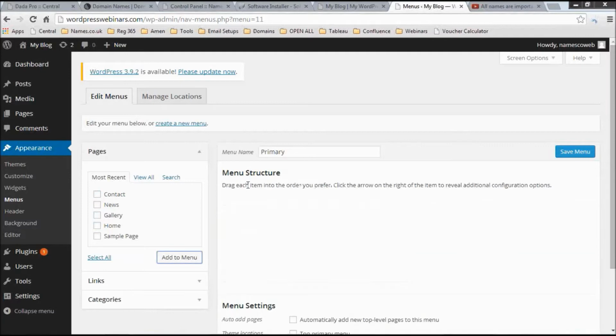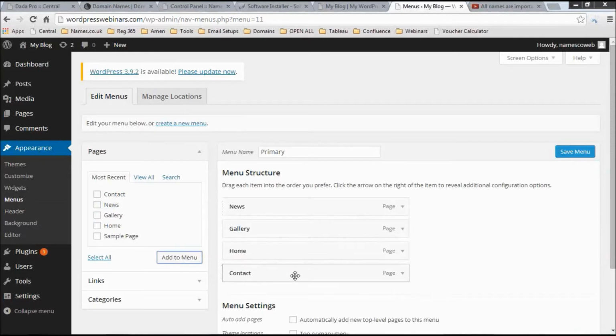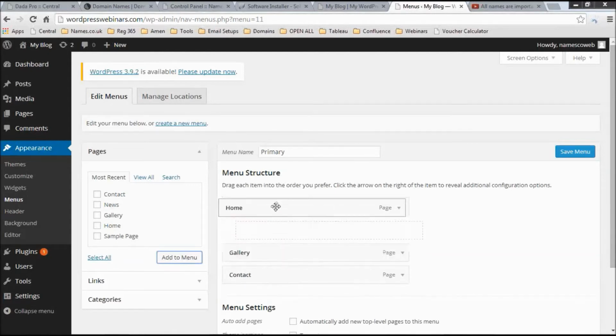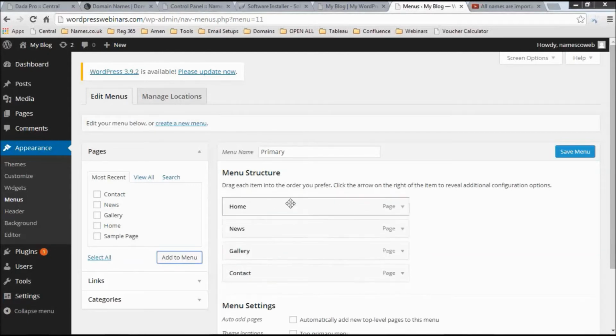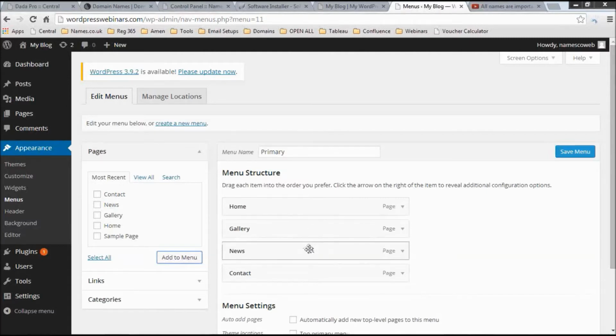So clicking on add to menu moves them across to the menu on the right hand side, and you'll see as you hover over them the cursor changes, and that indicates that you can reorder these just by clicking and then dragging down and positioning them wherever you want to put them. So a general convention with websites is you have the home page as the first link, and the contact page tends to be the last link. News and gallery, personal preference, let's put the gallery before news. Since we're happy with the order of our menu items, we'll click on Save Menu